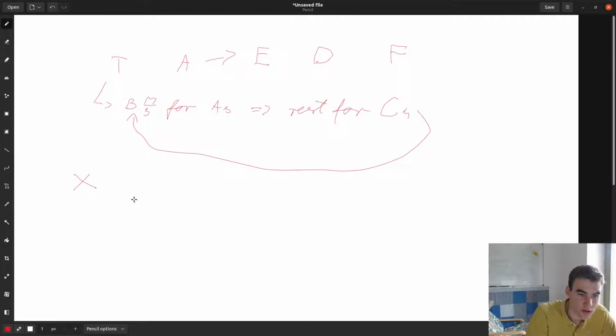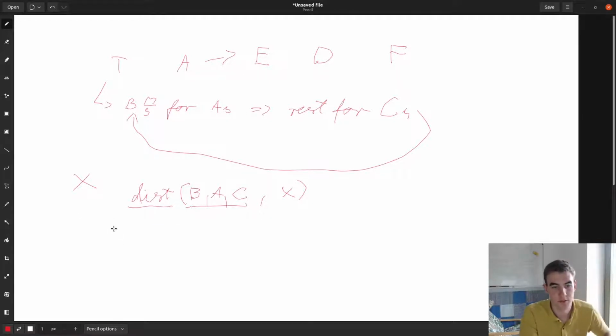Well, let's make a function distance, which calculates, for constants b, a, c, and a time x, what the distance of the run for these three constants will be. If we have this function, then the solution is obvious. We just compare the value of this function for the two different sets of constants. And the way I do this function is